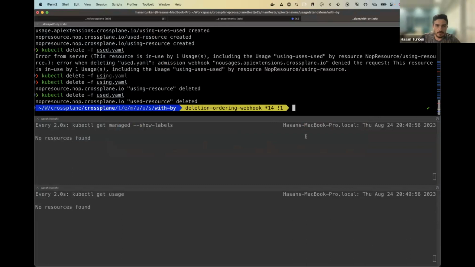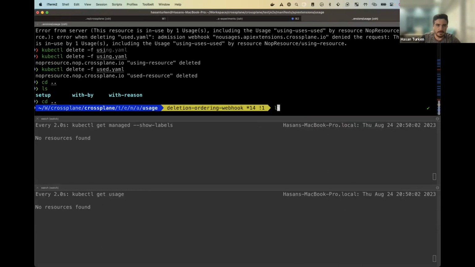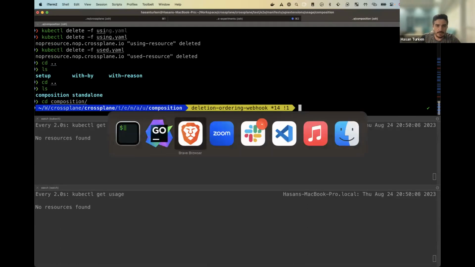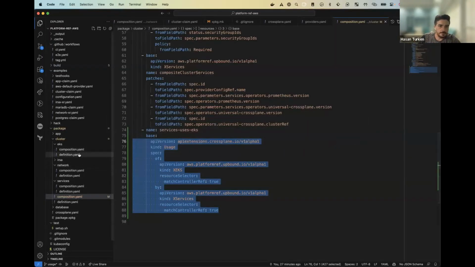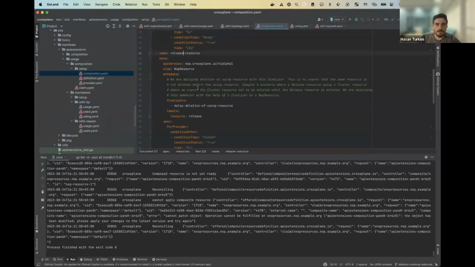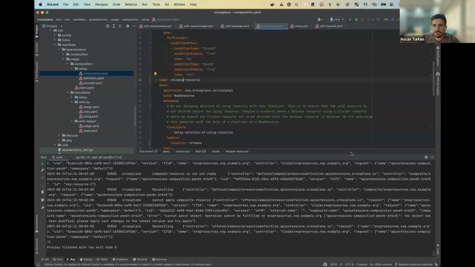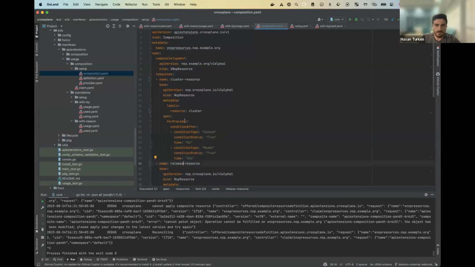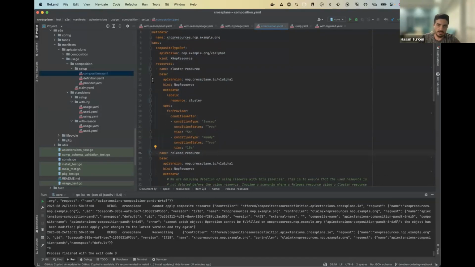Okay, so now let's continue with the composition example. I have this composition, and this time it composes two resources.